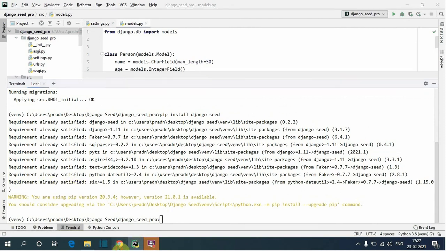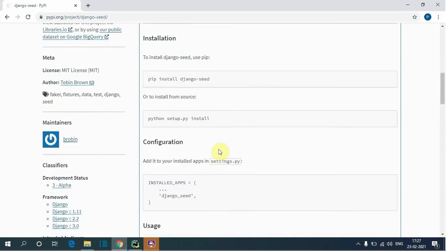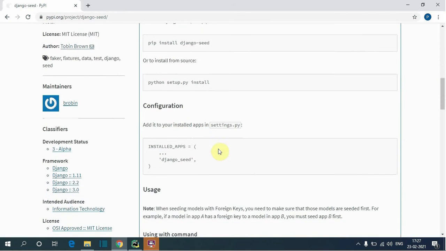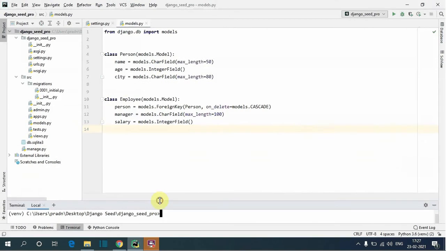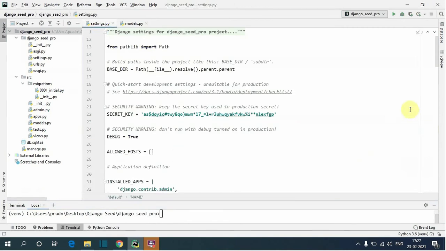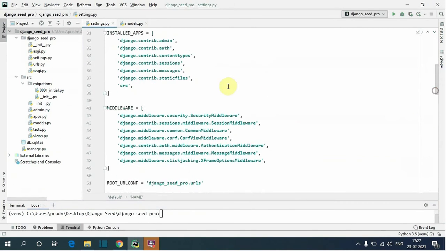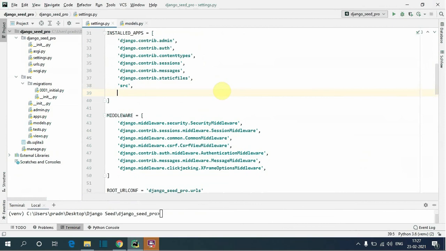Next we need to add the library in the INSTALLED_APPS section in the settings.py file. So copy this, go to the INSTALLED_APPS section, and here I will add the library.